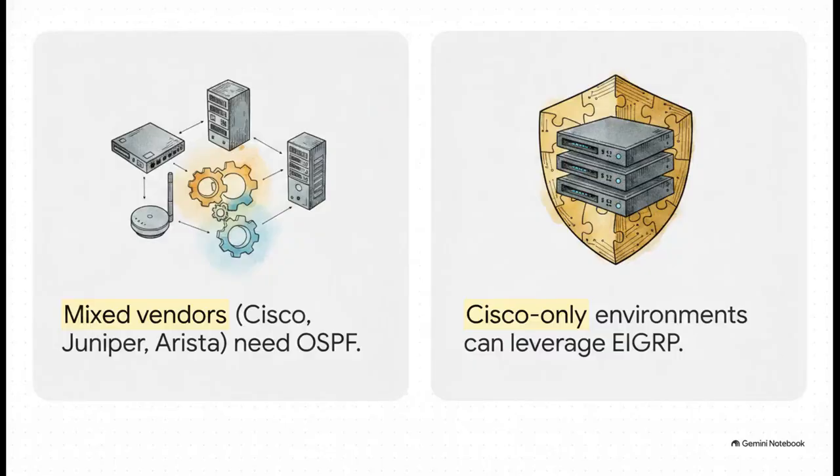So it literally all boils down to interoperability. Say you've got a mixed vendor environment. For instance, a complex blend of Cisco, Juniper, and Arista hardware. That setup absolutely demands an open standard. In this scenario, OSPF acts as your universal translator. Adhering to RFC 2328 is completely mandatory because it guarantees that different operating systems will compute the exact same shortest